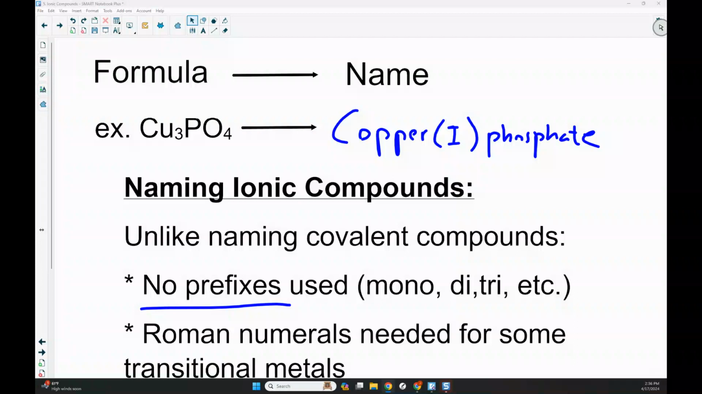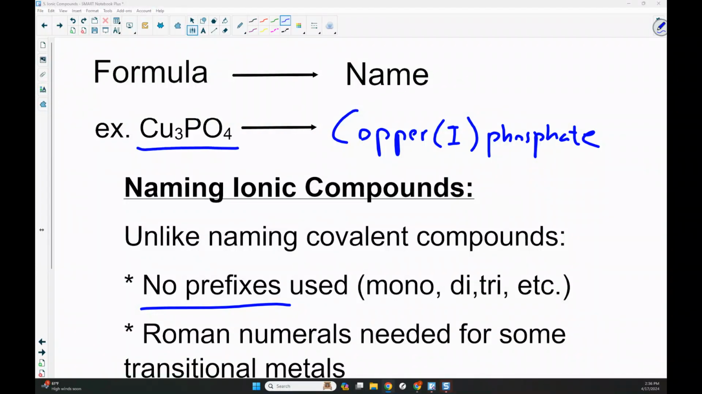All right, we are on page 26, and today we're talking about how to write the name of an ionic compound given the formula. So the first thing I want to go over is I want to review a little bit how we did this for covalent compounds earlier in the year and kind of compare and contrast with that. So an example of what we're trying to do here is given the formula